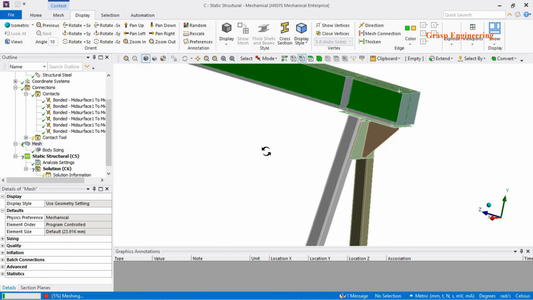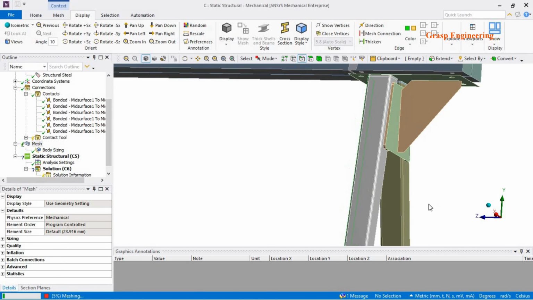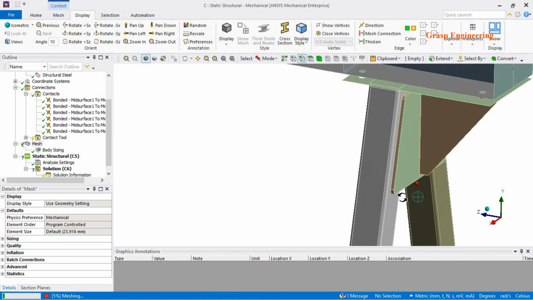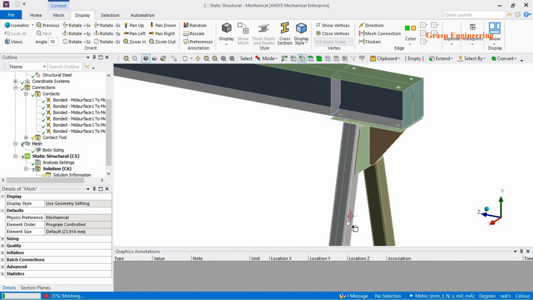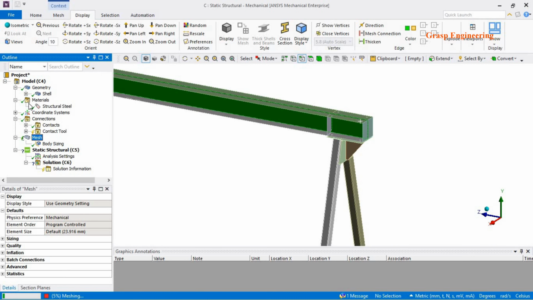So mesh is very important when you have a surface. So you should check the mesh at the weld surfaces, you should check the mesh at the fillet regions, and you need to check whether your curvature is captured or not. So at present I will not focus on it, but when you do the simulation, you should focus